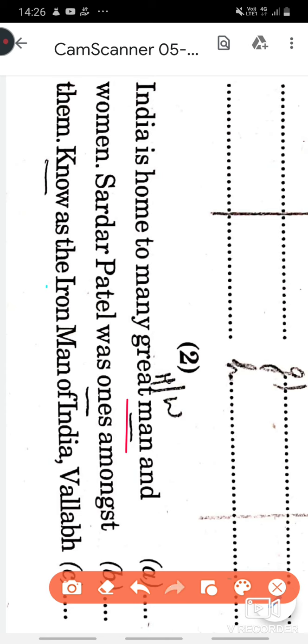Now without reading it further, I can make out we are talking about many, and the word used in the sentence is man. So underline man. And women. Sardar Patel was once amongst. Underline the word once. Once amongst them. Known as the Iron Man of India. Underline no. Vallabh